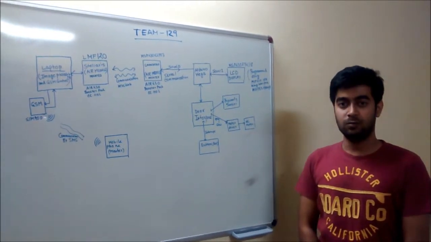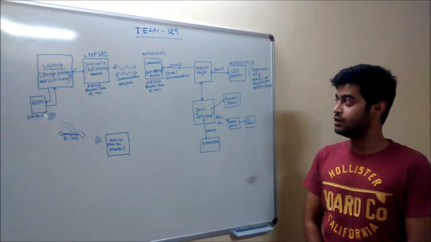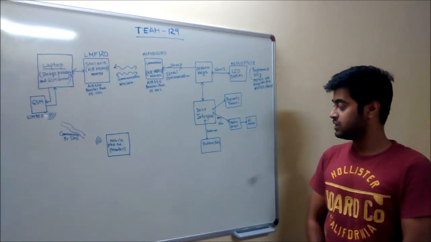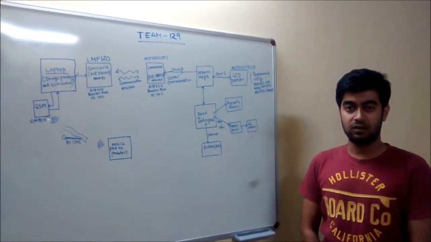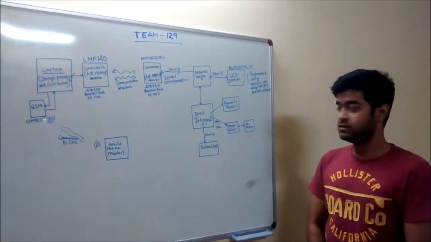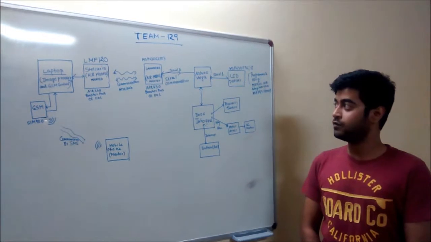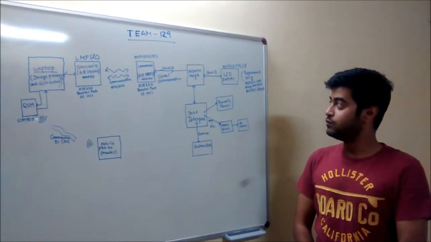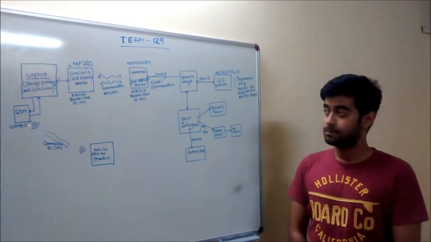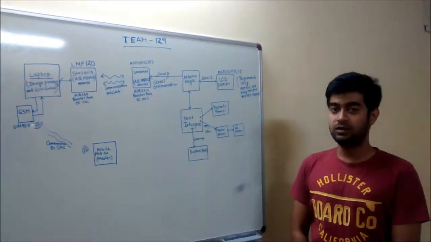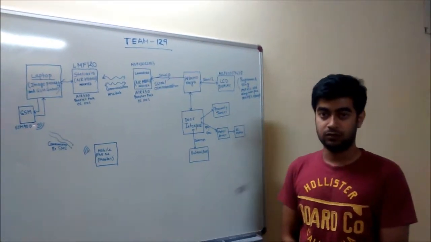Now we have used an Arduino Mega because it was very difficult for the Launchpad to communicate with the proximity sensors and the motor drivers. The Launchpad is an ultra low power MCU, and the proximity sensor and the motor driver were taking too much power from it, and thus we have used a high power Arduino Mega to communicate with this door interface. The link speed for this serial communication is 9600 baud.